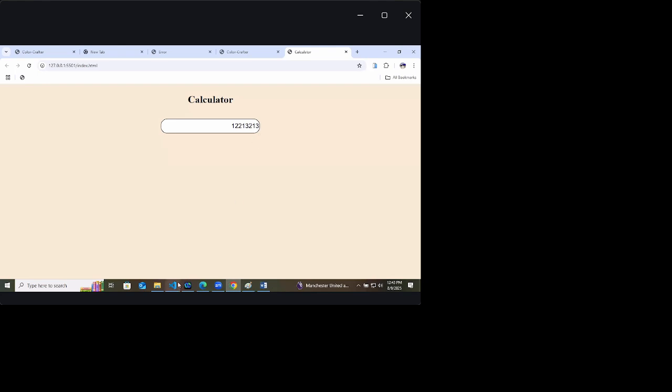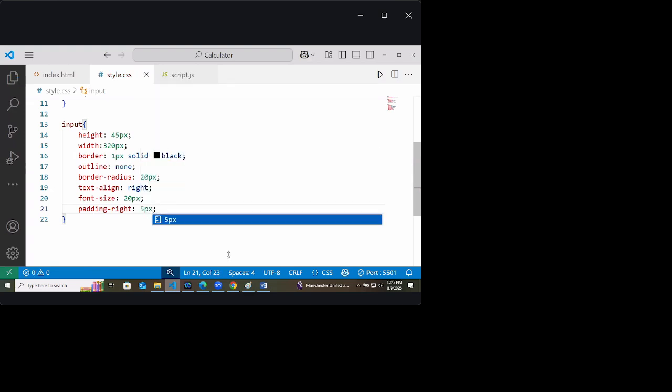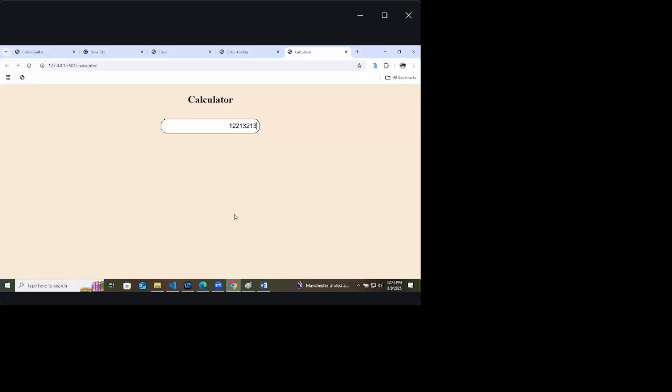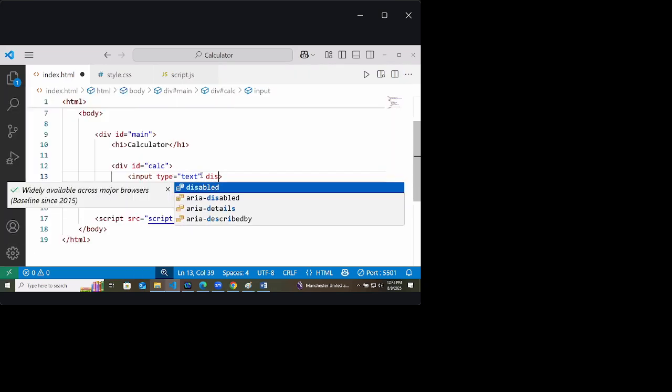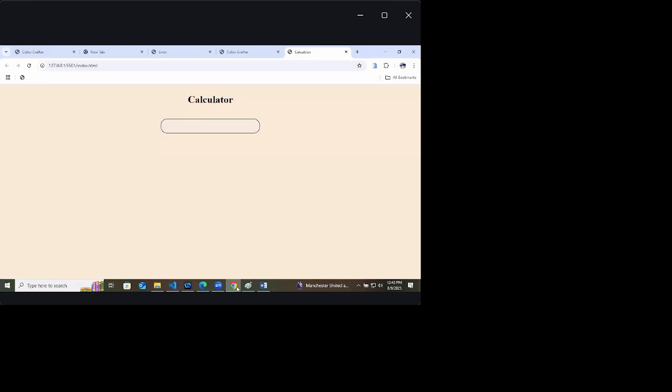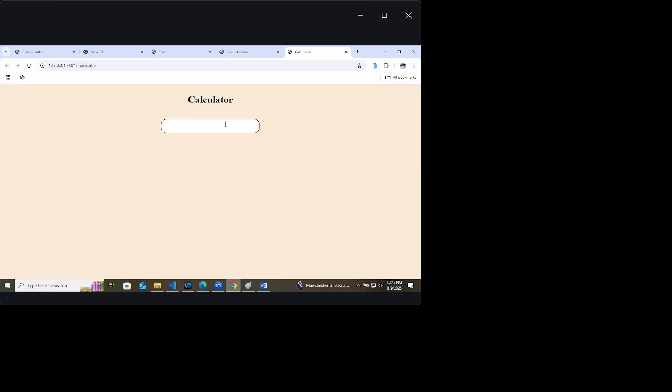Content is just touching the corners, padding from right side 5 pixel will be enough only. 10 you can give. Okay. So now whatever you type in this input box will get typed, but don't give a facility to the user to type. So this input box is going to be disabled, means you can't type in this. Then how will we get the input? We'll discuss this. The user can't type in this, or you can write it as read only. Now also you can't type anything in this input box.